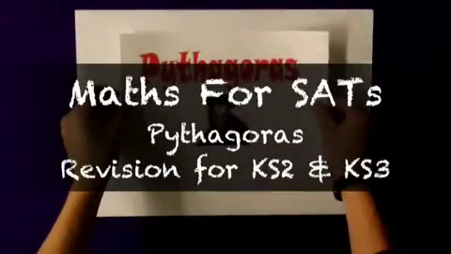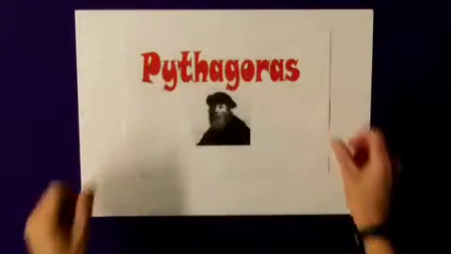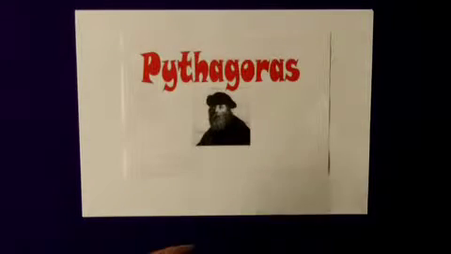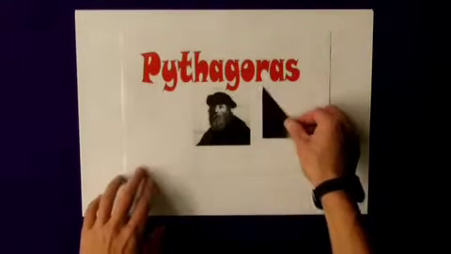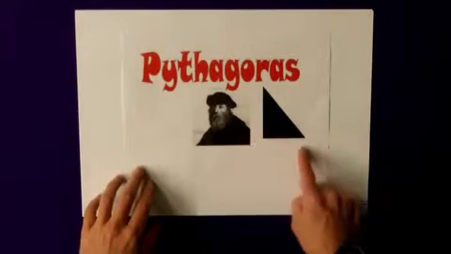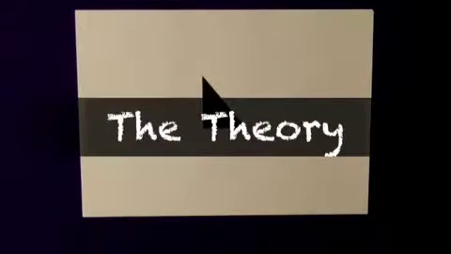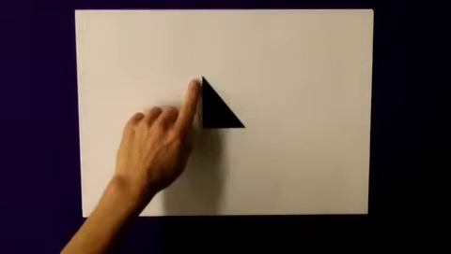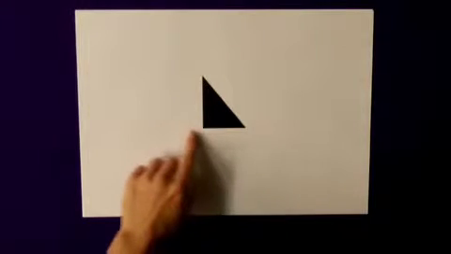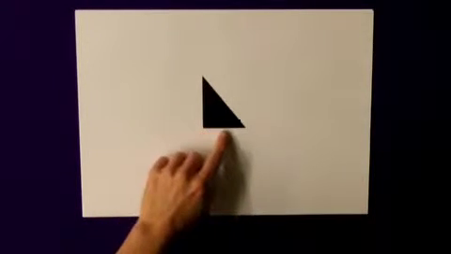This clip is about a Greek mathematician called Pythagoras, who discovered something reasonably interesting but very useful about right-angled triangles. What he discovered was that if you take a right-angled triangle and take the two sides which form the right angle and square each of them,